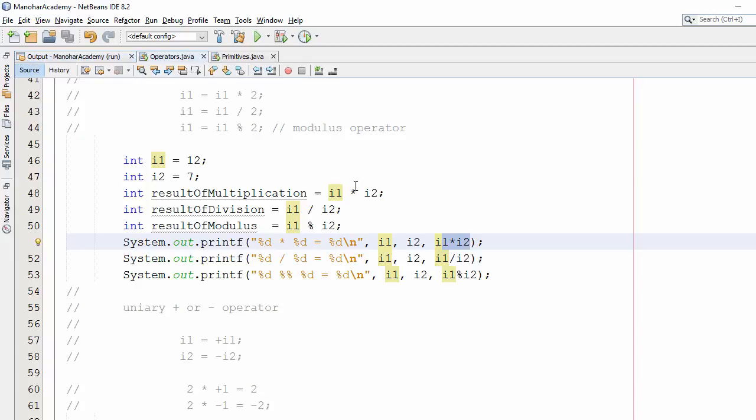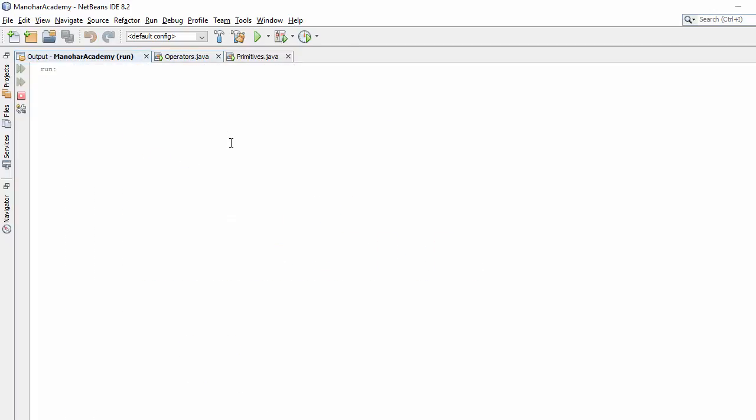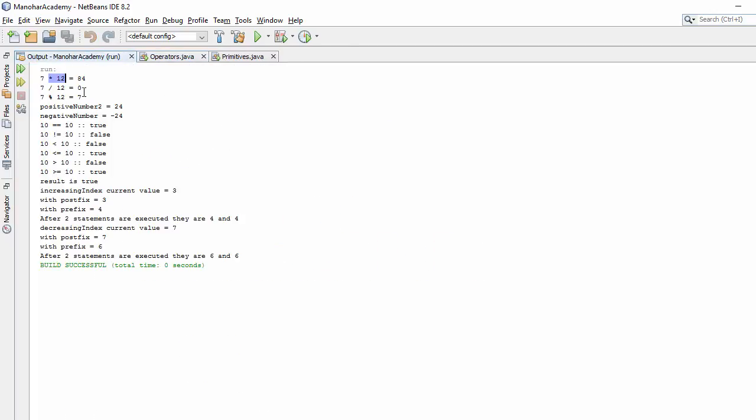If you want, we can change the variables, let's reverse them and run it again. Okay, in this case 7 into 12 is 84, whether it is 12 into 7 or 7 into 12, it is going to be 84. When you divide 7 with 12, you are going to get something like 0.45, but